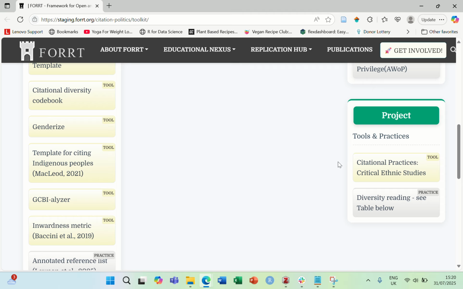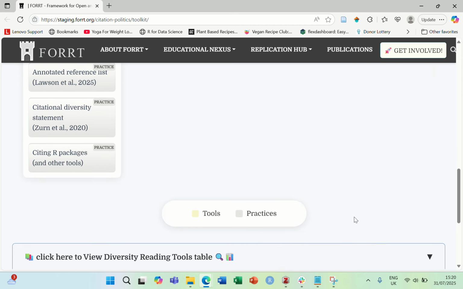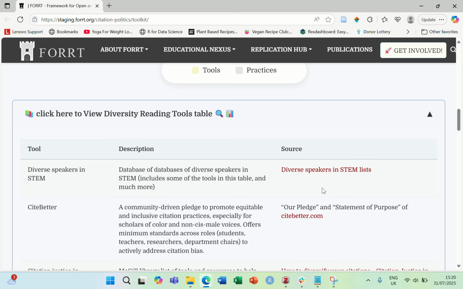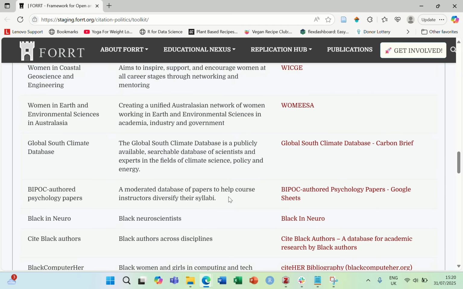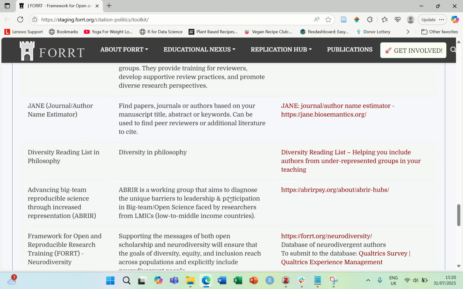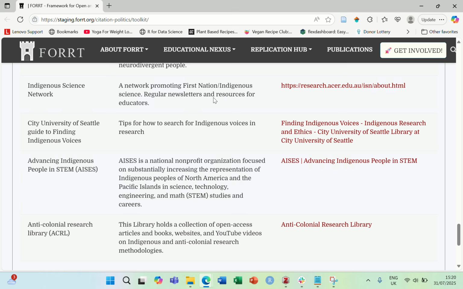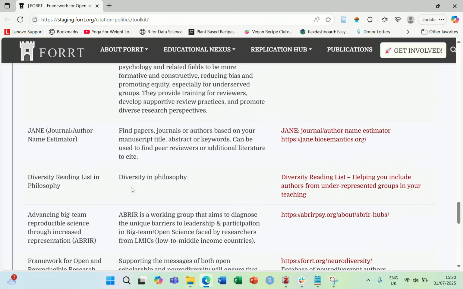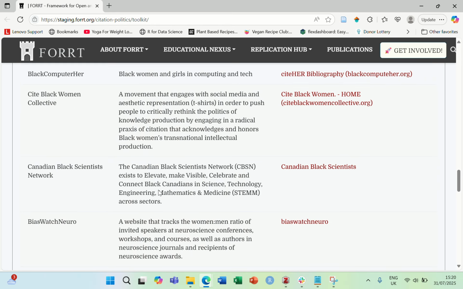Now, once you start the project, you might start reading the literature. What we have here is a diversity reading table. So if you scroll down, we have this table of all these different databases to help diversify your reading. So this could be early on, right from the start of your literature review, or it can also help you diversify in particular ways. So if you're looking for Indigenous voices, for example, you can look at the Indigenous Science Network. If you're looking to include more women in your citation list, more queer scientists,